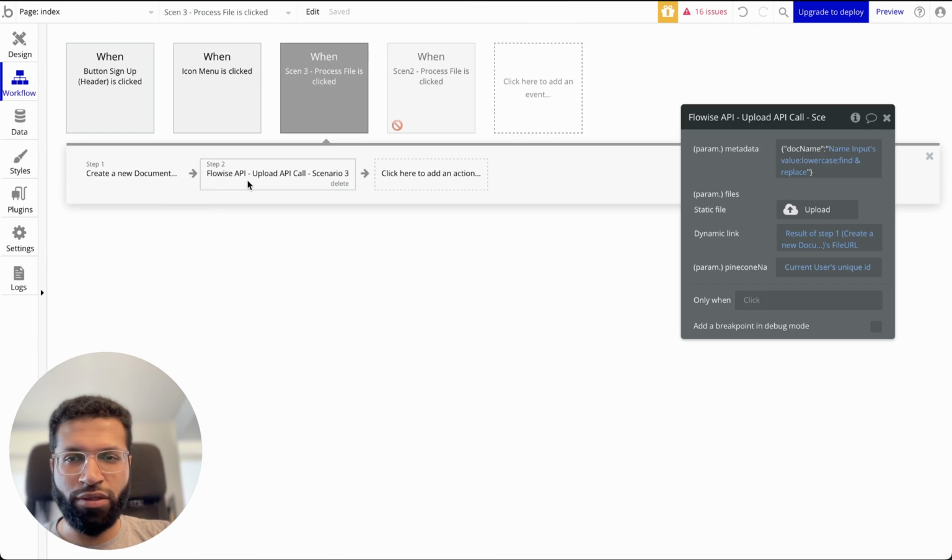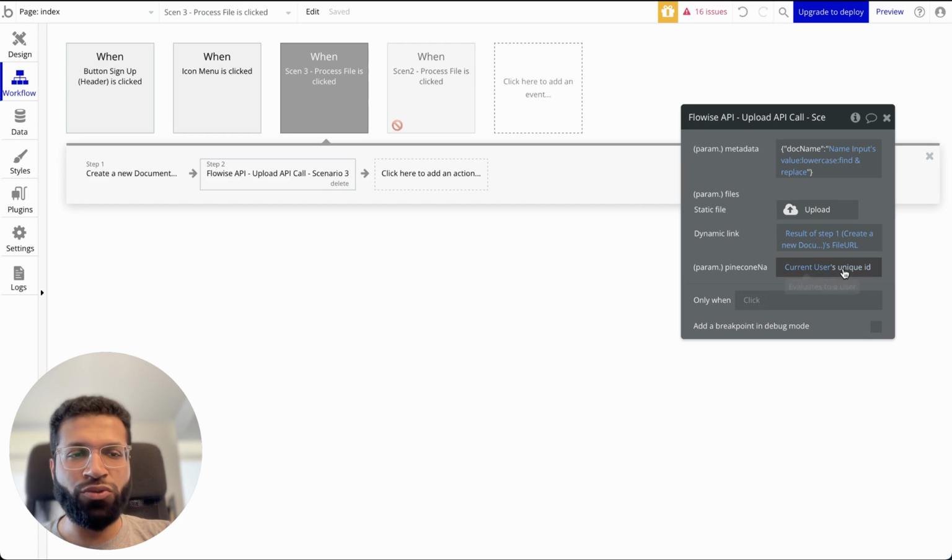I'll take the API call, so this is scenario 3, and I'm going to call my metadata. I'm adding only one metadata, so that's the reason you see that I have a key and then I have a value that goes after the quotes. If I wanted more, I would say comma, and then I'll add more keys and values accordingly. So I'm just searching for the document name. And then I'm saying that the Pinecone namespace